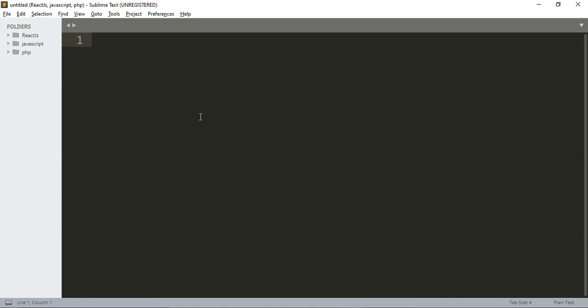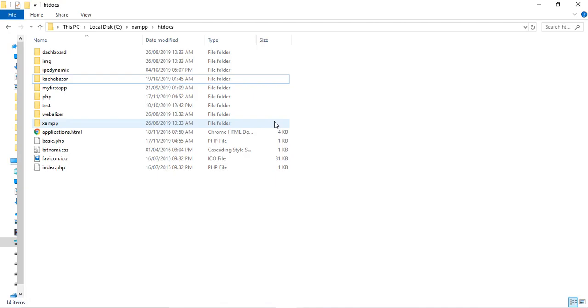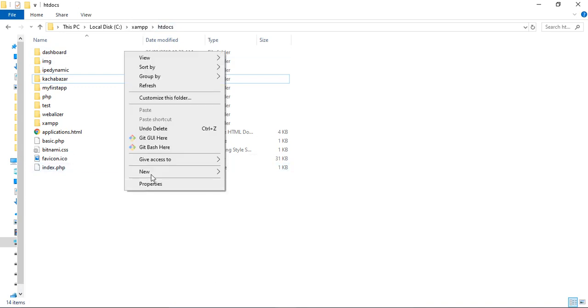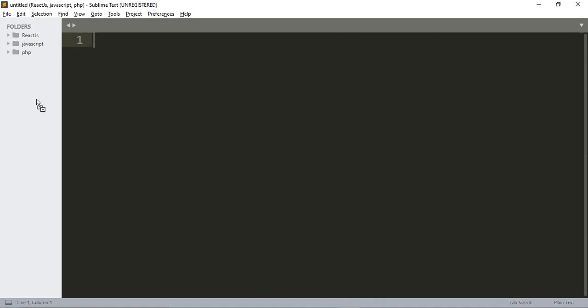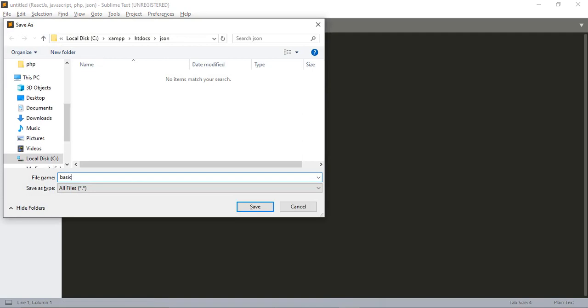First of all, you have to create a folder in your Xampp server. So go to this path, Xampp and htdocs. You have to create all your projects in this htdocs folder so that you can work with the Xampp server. So let's start and create a folder named JSON, and open it with Sublime Text and create a file. The name is basic.php,